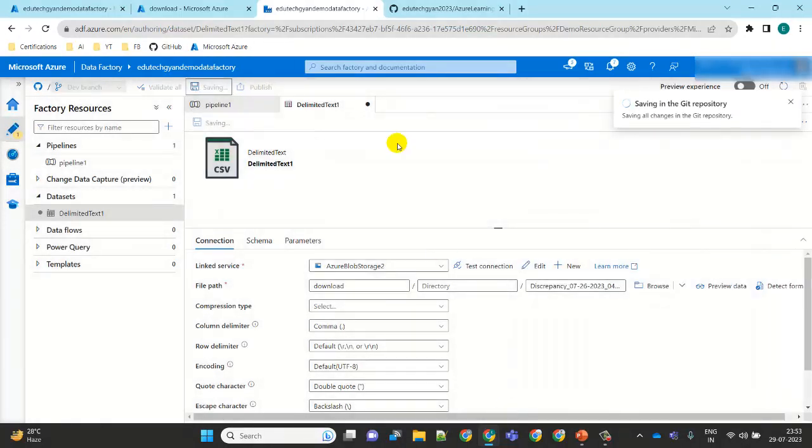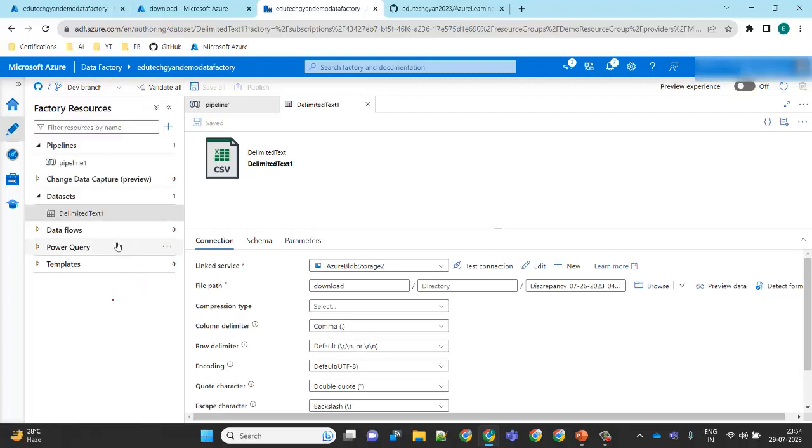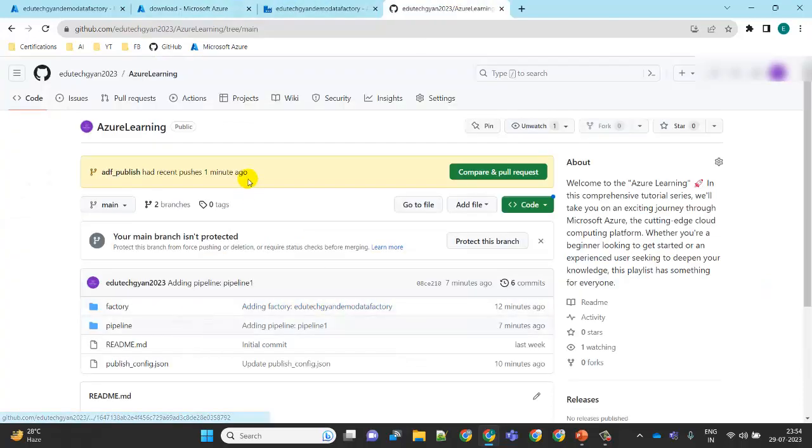Okay, you can see the dot here showing it is not saved. Once it is saved, it will go, right? So you can see we don't have options like publish here. We cannot publish. So suppose I go back to the main branch, I'm not able to see this data delimited text file. So if you go here and refresh it,